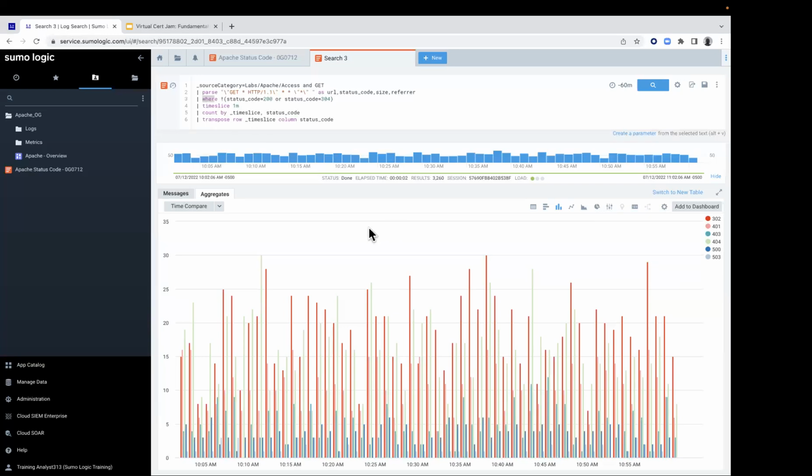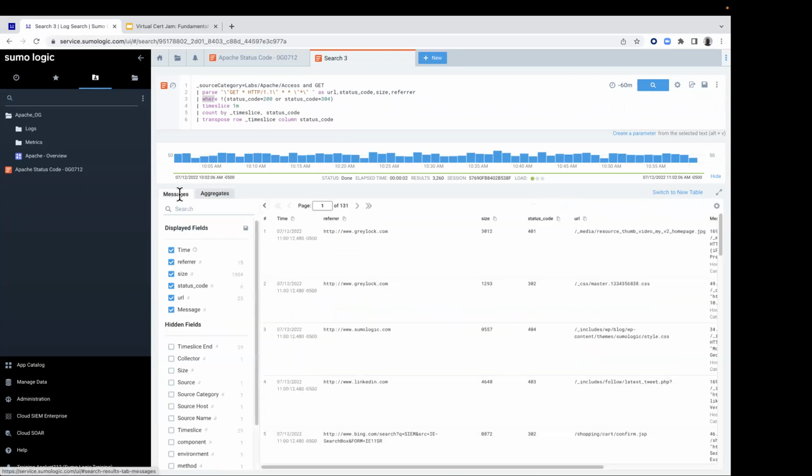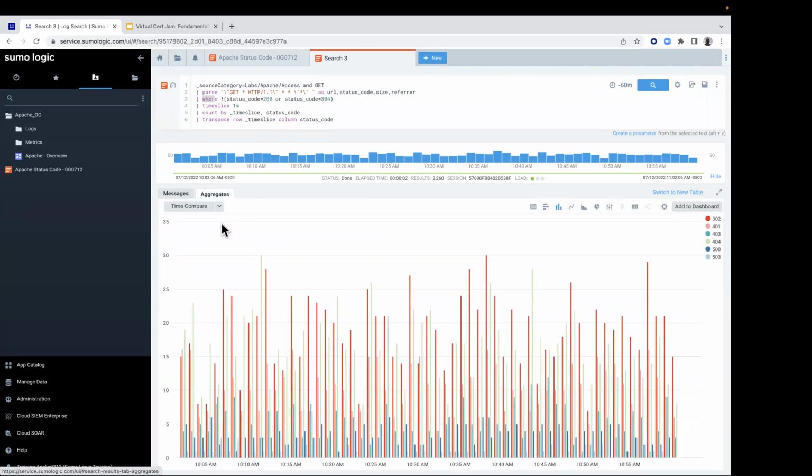All right, now let me remind you of something in case it appears on the exam. In your messages tab, ladies and gentlemen, if you want to export out your results, you click on the gear symbol and export out. Again, on your messages tab, if you want to export out your results, you go to the gear symbol, export out. On the aggregates tab, if you want to export out,